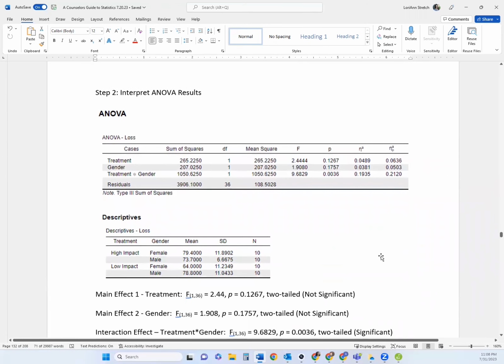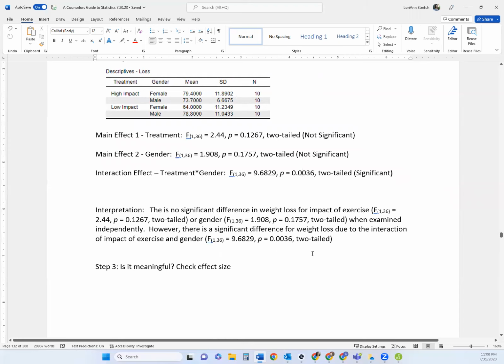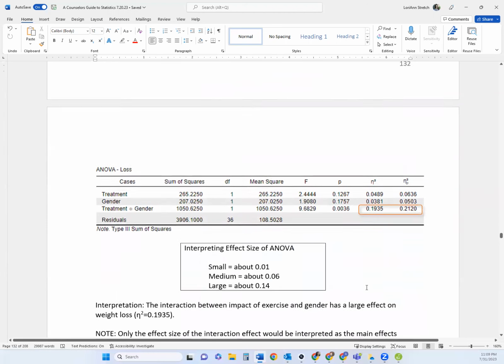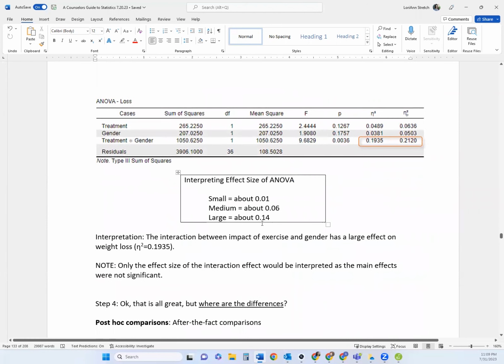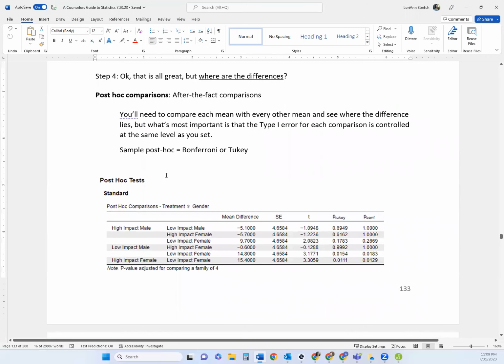Here's how I would interpret my results. Here are my sentence decisions for each one. The interaction, I would report all 3 of these, and this is what that would look like. Is it meaningful? Remembering I'm only interpreting gender, treatment versus gender, or the interaction. It is a large effect size because it's greater than 0.14. Here's that interpretation. And remember, I'm only interpreting for that one. Then I'm going to look at my post hoc for the